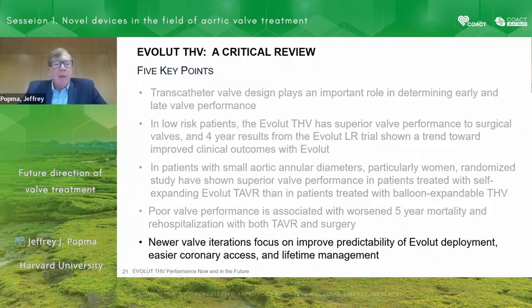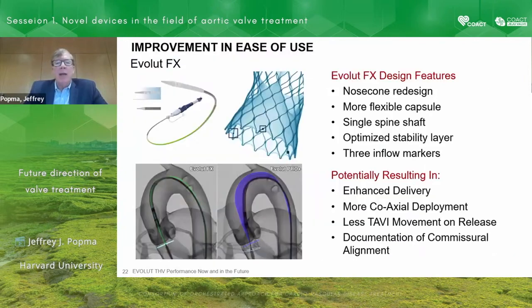Finally, the last point, that we want to understand what new valve iterations mean for us. We're not done iterating with Evolut. We want to have better stability and deployment. That's our FX design, which has a nose cone redesign, a more flexible capsule, a single spine shaft, an optimized stability layer, and 3 inflow markers to assess commissural alignment. What this results in is better delivery, more coaxial deployment, less TAVR movement on release, and importantly, documentation of